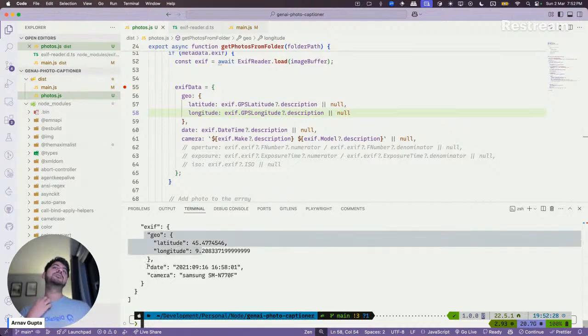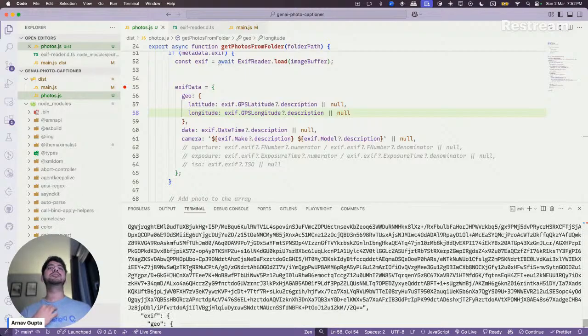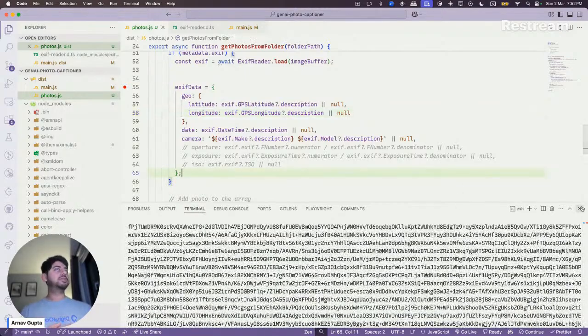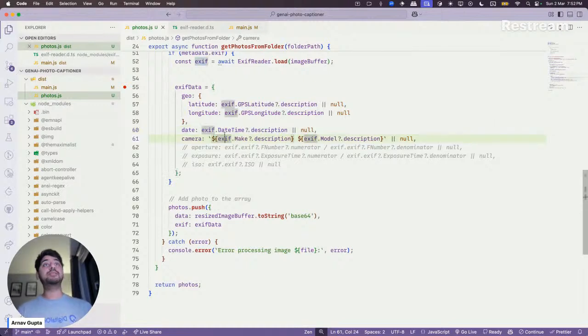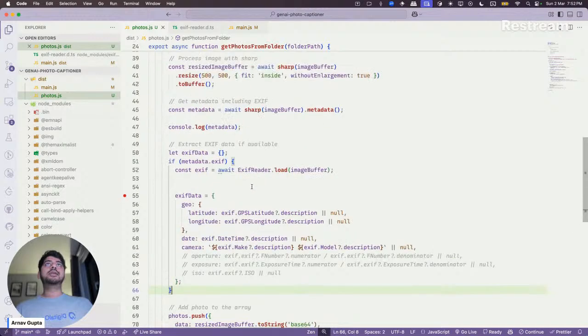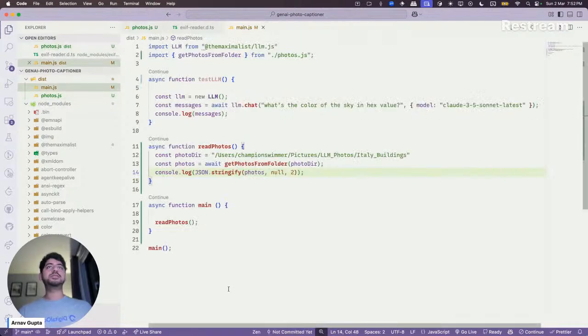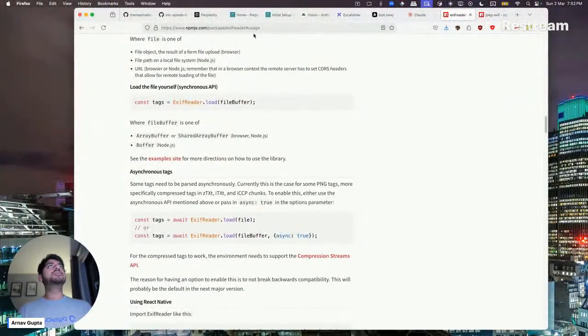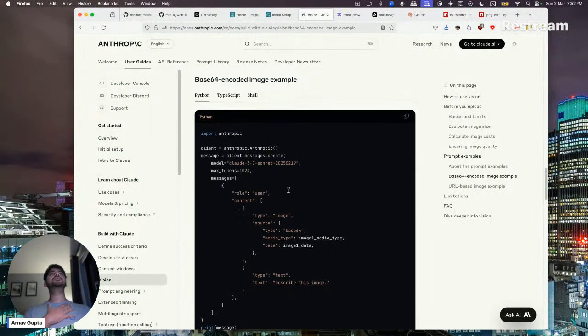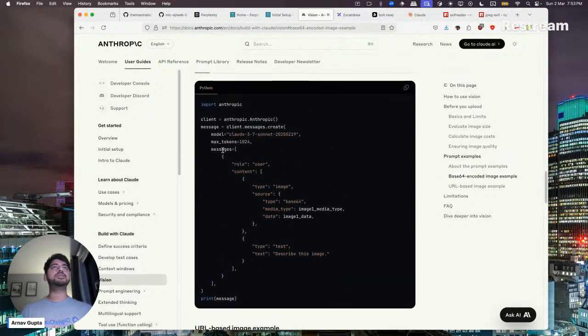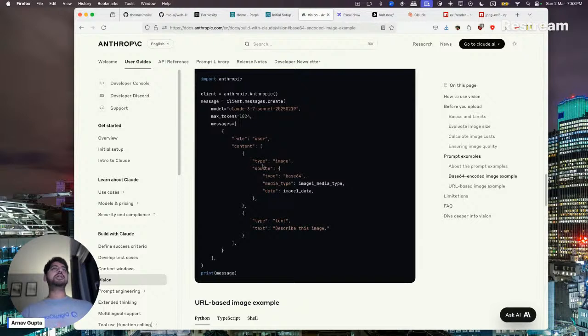Okay, we have the geocode, we have the date, we have the camera, we have the photos. So how can we send this to our API and make sense of that, right? Okay. Good so far. We have our images. How can we send it to the LLM? So I was just looking at something in the Anthropic Vision documentation. You can just send the messages like this. Your image content can be attached, like type image, source and type base64, media type, and then the data here like this.